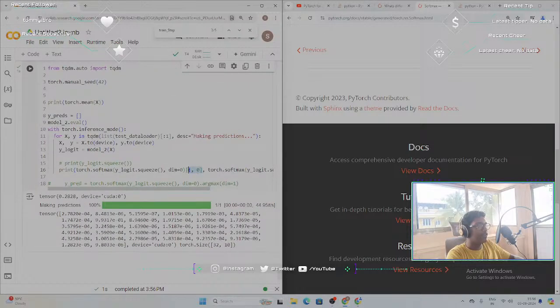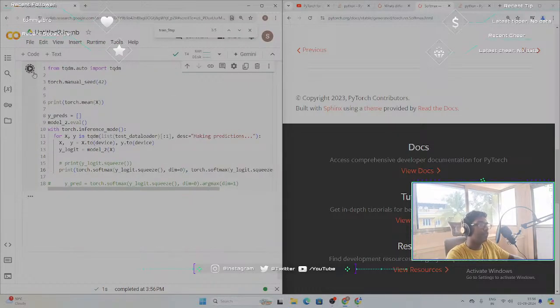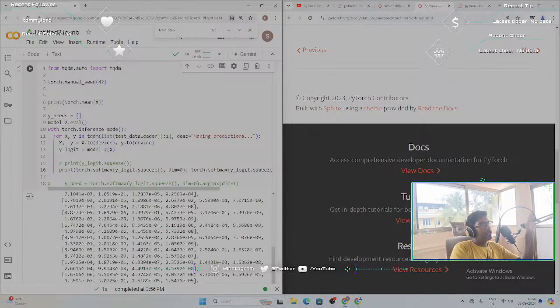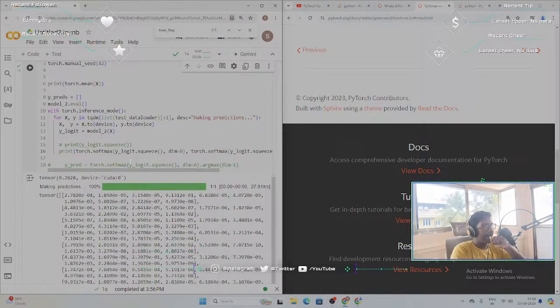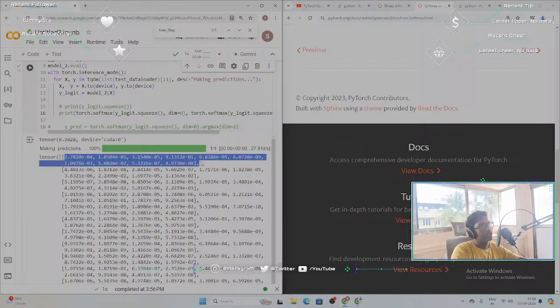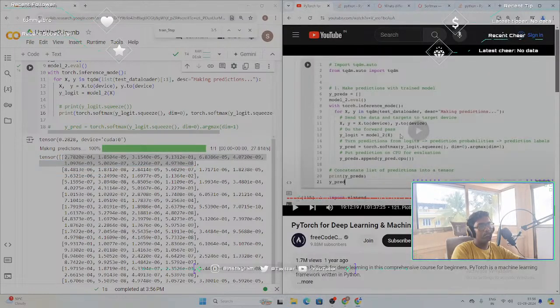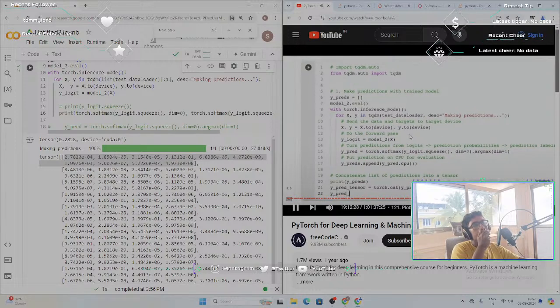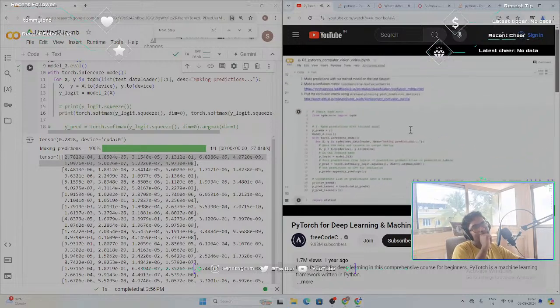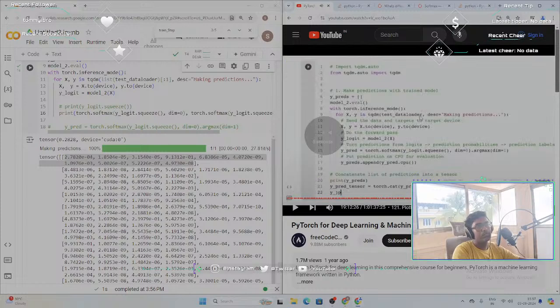All right. Okay, let's remove this. Do this. Let's look at this again. Go torch.cat on the tensor. This is going to turn our list of predictions into a single tensor, and then we'll view the first 10. Let's see if this works. So, making predictions. Oh, would you look at that. That worked, but then